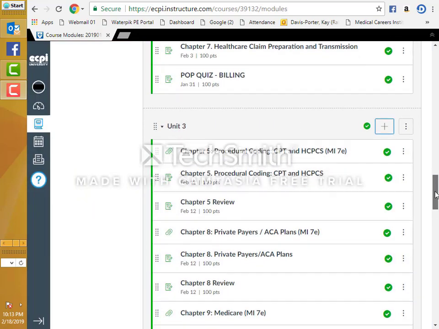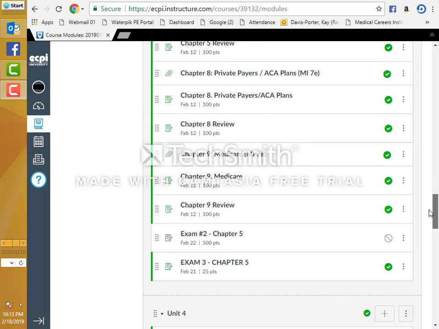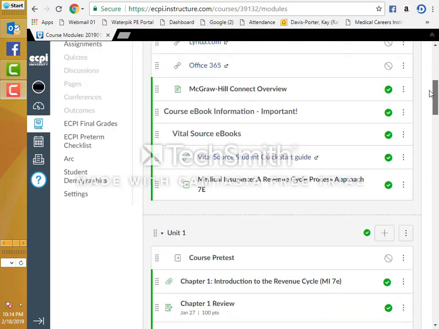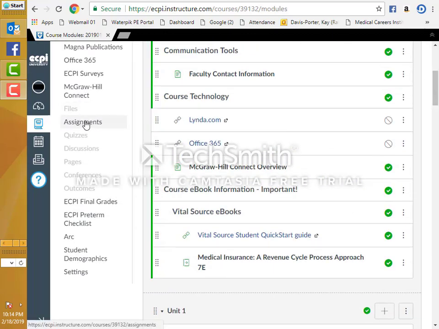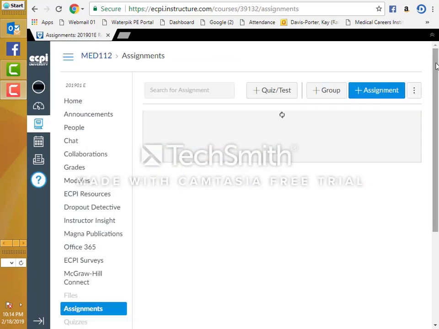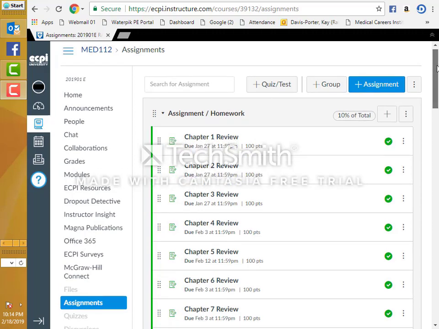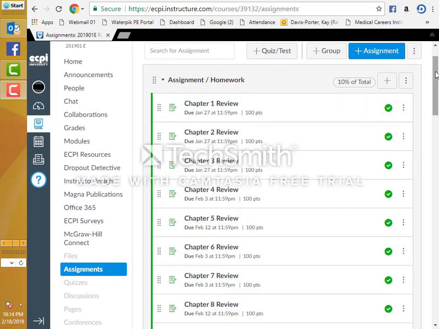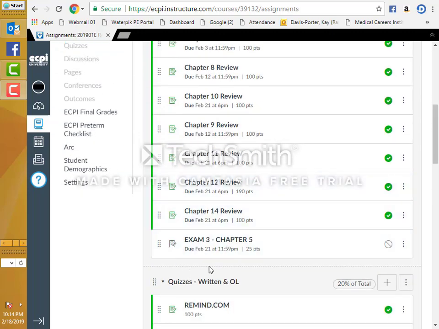and it should populate. Now I don't want the students to be able to take it until I let them know, so I'm going to unpublish it so they cannot access it. I'm also going to scroll back up, and I'm going to make sure that it shows in assignments. The reason that I like to see if it's in assignments is because I wanted to make sure that it's in the right area. So I don't want it to show up in homework, which it actually did. It's an exam, and your exams count more.